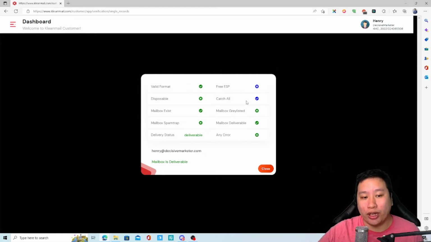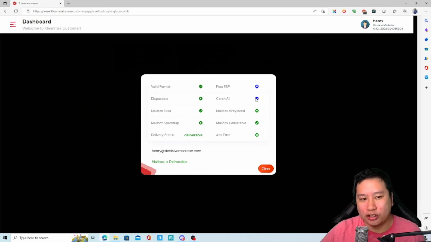And whether it's a catch all email. So if it's a tick right here, it's not a good idea. But of course, I did not set up this domain to have catch all email, so definitely this is not a catch all email. So they did not manage to pick this up accurately. But of course, if you do see that there is a catch-all, then it may not be a good idea, because that email will go into somewhere that no one actually sees this. So it will be deliverable, but it will not really be seen,